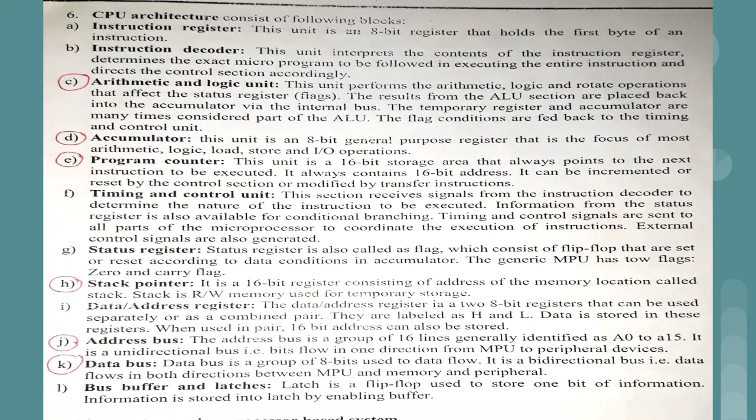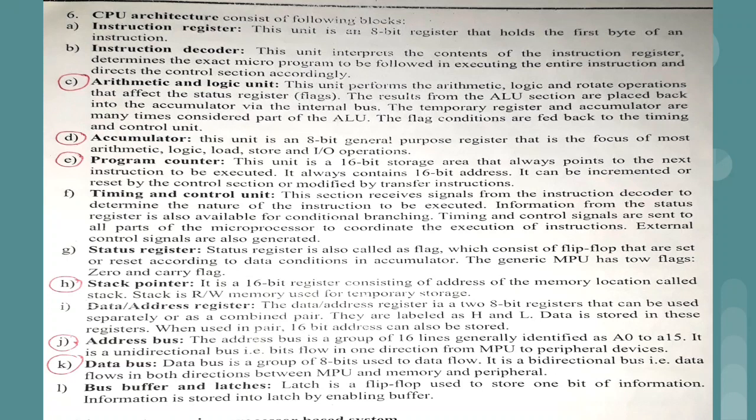Then we have the address bus. Basically the address bus is a group of 16 lines. As we have learned, we have a total of 16 address lines which are unidirectional in nature, that is, from the microprocessor to the peripherals only we can send the data using the address bus. Then the next bus we have is the data bus. The data bus has a total of 8 lines which are bidirectional in nature. Bidirectional means we can send the data between the MPU,